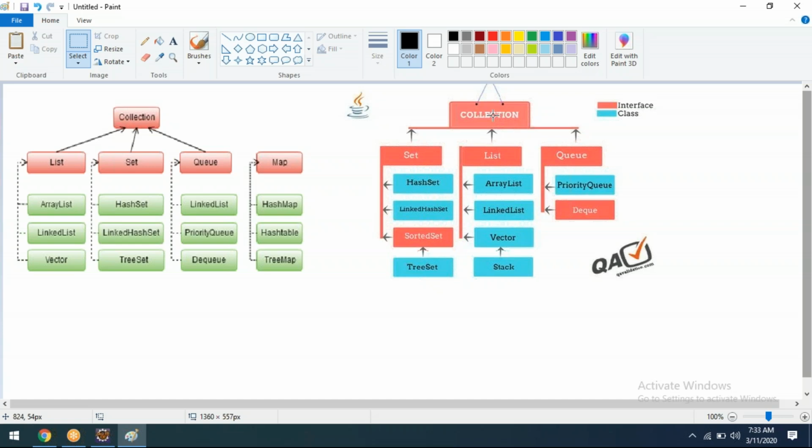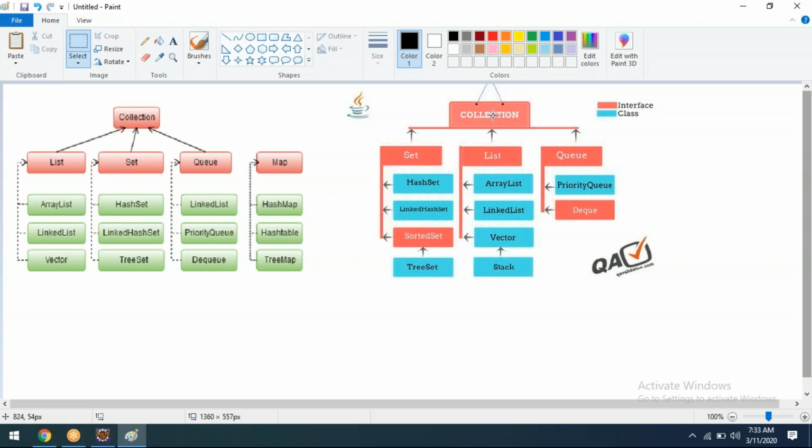So automatically Collection interface methods also will come. Then on top of that, finally, the main thing is Object. Object is the king of all, a super class for all the classes.